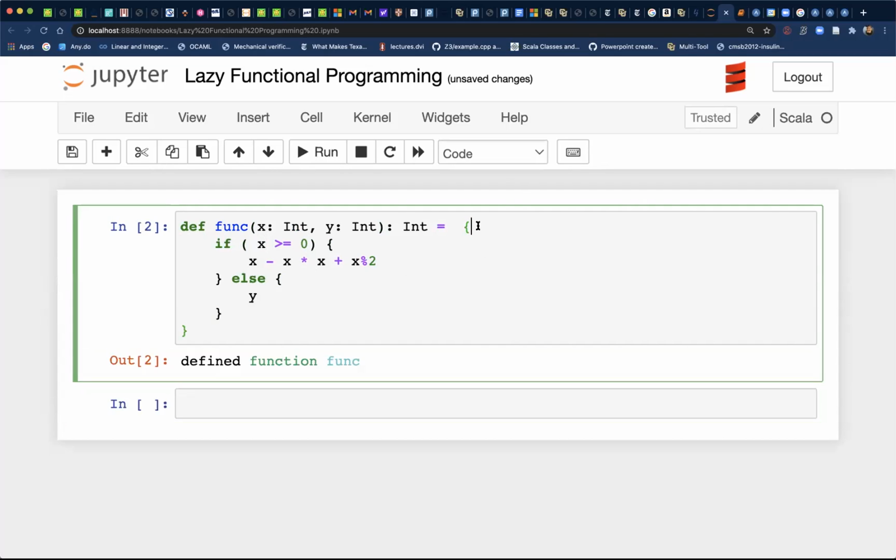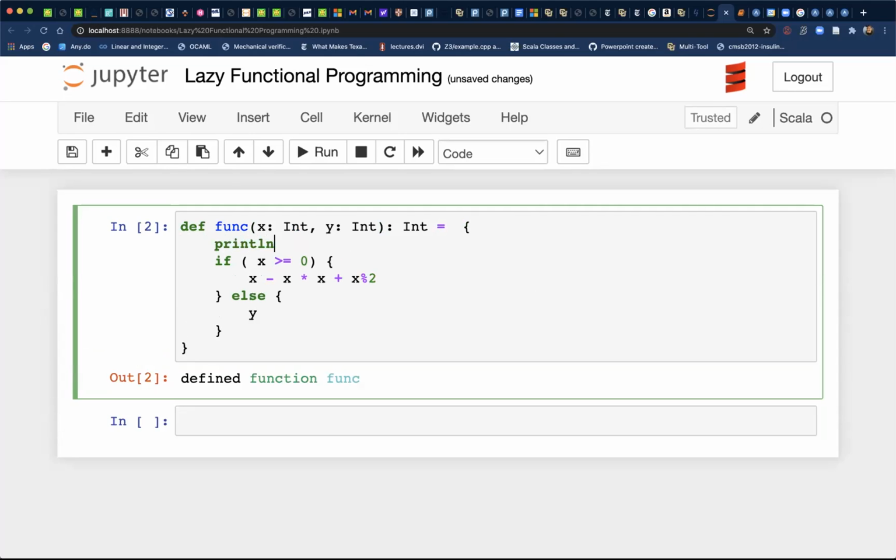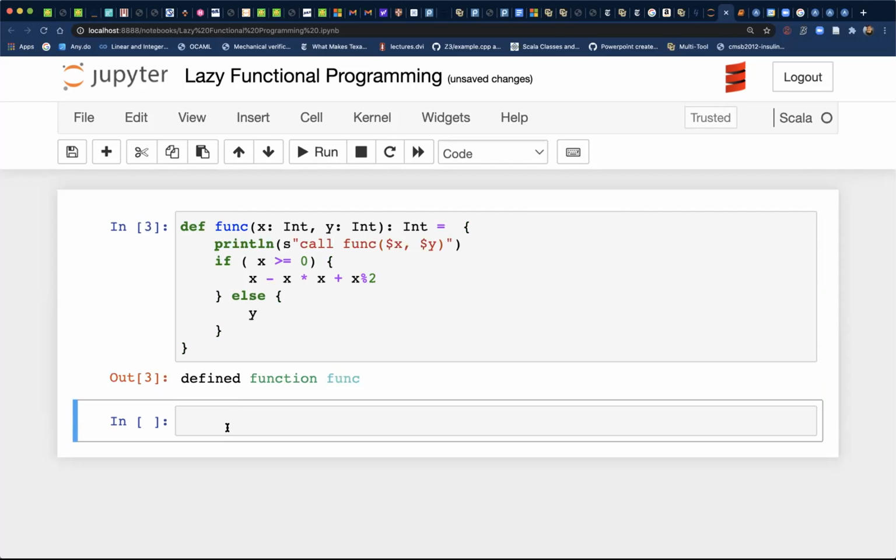Oh, and let's also print. Whenever you call the function, let's print what we are doing. So let's print that I'm calling func on x and y. So I'm going to print the arguments. So far nothing surprising, right? So let me compute some value. Z is func 10, func 15, 45 minus func 12, or let's call it minus 12, and func